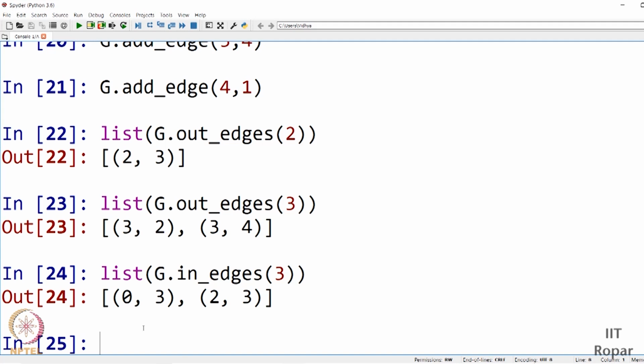Alright guys. So we have seen some prerequisites, some functionalities that are provided in the NetworkX package to work with directed graphs. And what is so important about directed graphs that you have to again and again keep in mind is that the edges are directed. An edge from node A to node B doesn't mean that a direct edge from node B to node A exists as well. This is not guaranteed. If there is an edge from node A to node B, there is no guarantee that you will have an edge from node B to node A. This is the key point of directed graphs.